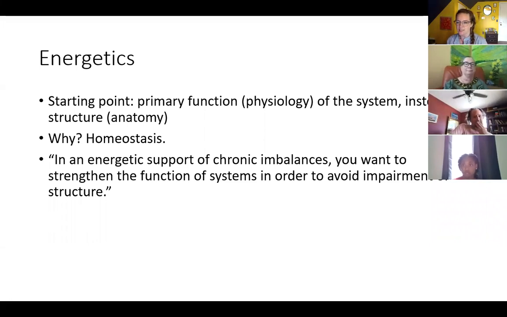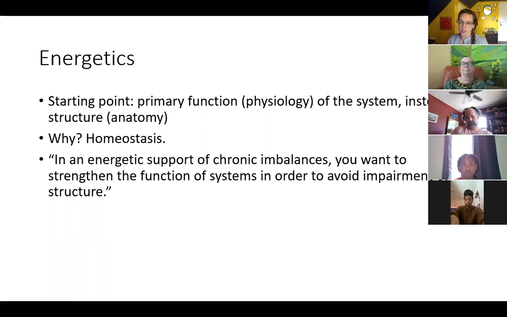And it's such a cascade of events that it's really hard to address it until you're like, oh, it's my stomach. And then you start to work with the stomach, but it's really not just the stomach, it's the rest of the upper GI that's the issue. And you've already started messing with the stomach, and now that's going to change the lower GI. And so this idea is to